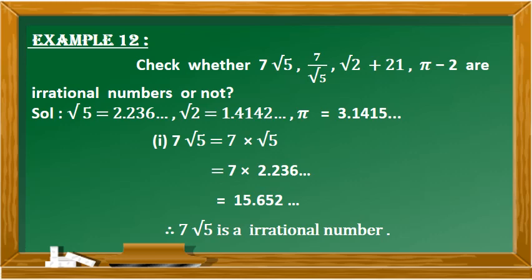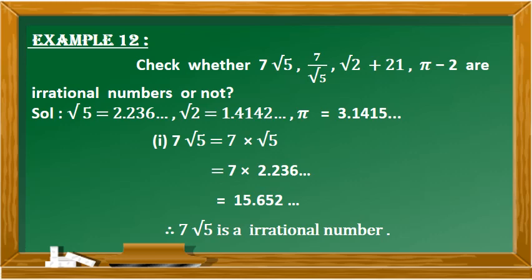They have given you the values of square root of 5, square root of 2 and pi. Substitute those values wherever needed. Now the first one is 7 root 5, which can be written as 7 into square root of 5. Substitute the value of root 5 in the next step. It becomes 7 into